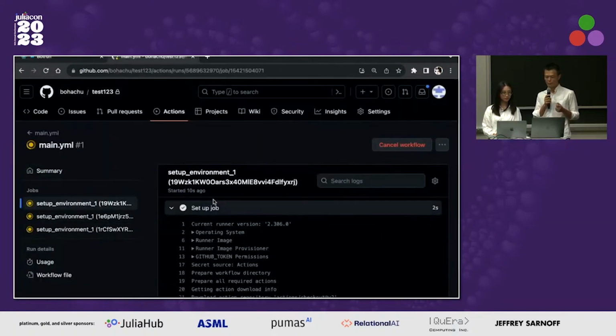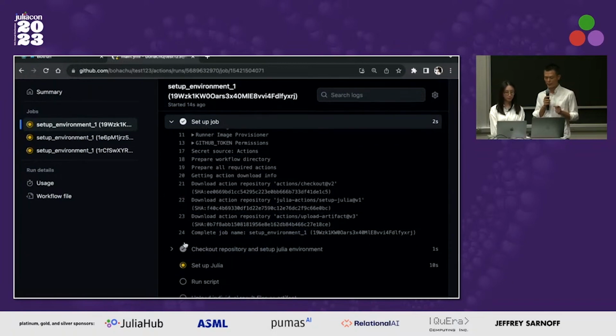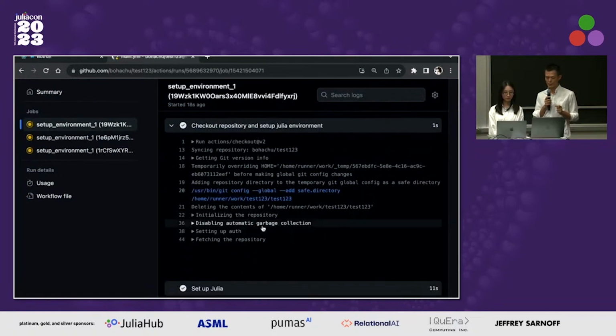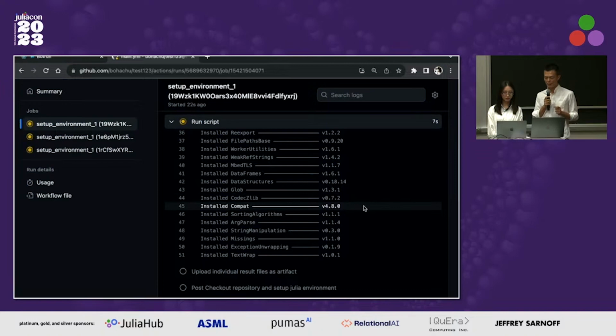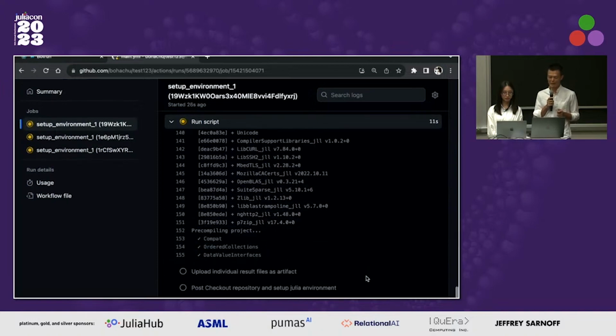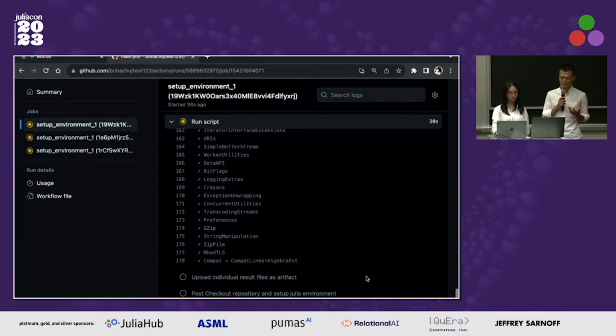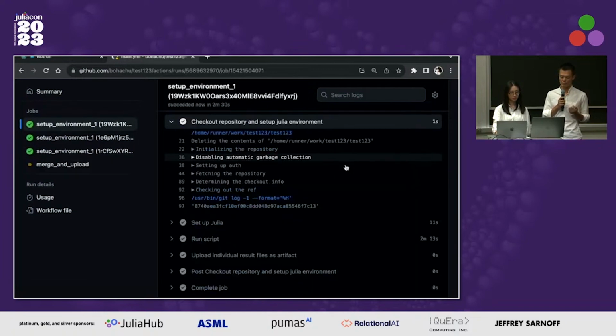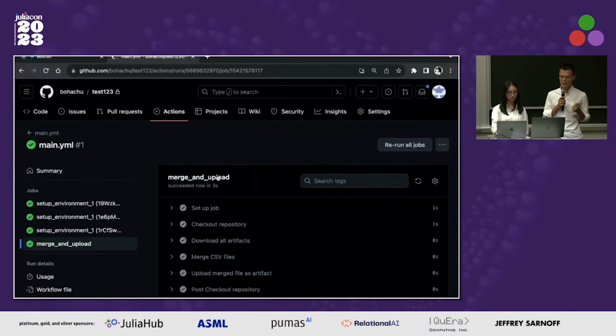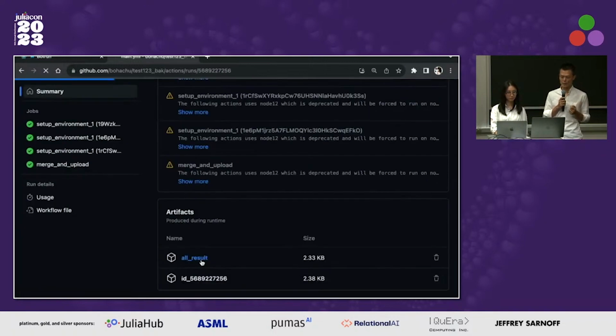We can visit the GitHub website and clearly see 3 different virtual machines running in parallel. These machines handle everything from installing the operating system and the Julia runtime to running the counting program. In the end, they consolidate all results into one CSV file for us.